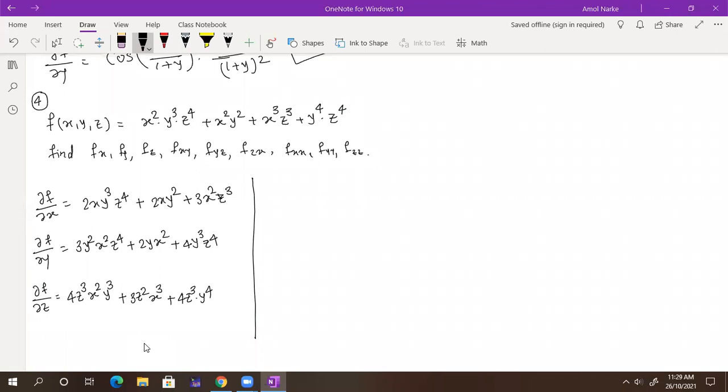Everyone understand that? Now, can someone tell me how to find f_xy now. This is done, this is done, this is done. So f_xy is nothing but what? First, you need to differentiate with respect to x and then with respect to y. Yes or no? So you need to write down something like that.